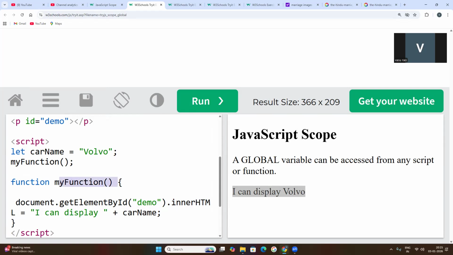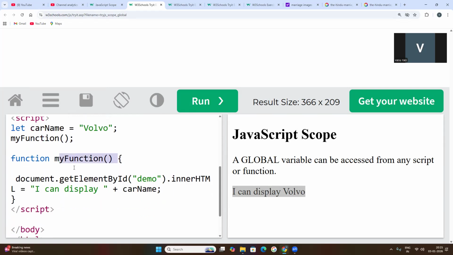So what do you mean by this? Whenever I am calling that function, myFunction, whatever the code is written inside of that function runs. The function name is equal to myFunction, and the function is created with the function keyword. It is compulsory. If you want to create any function in JavaScript, you need to use the keyword function. The function name can be any name: your name, my name, XYZ.